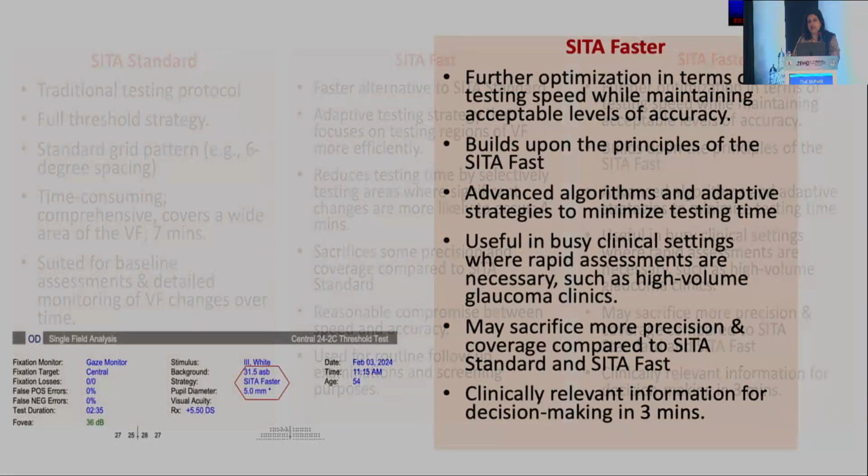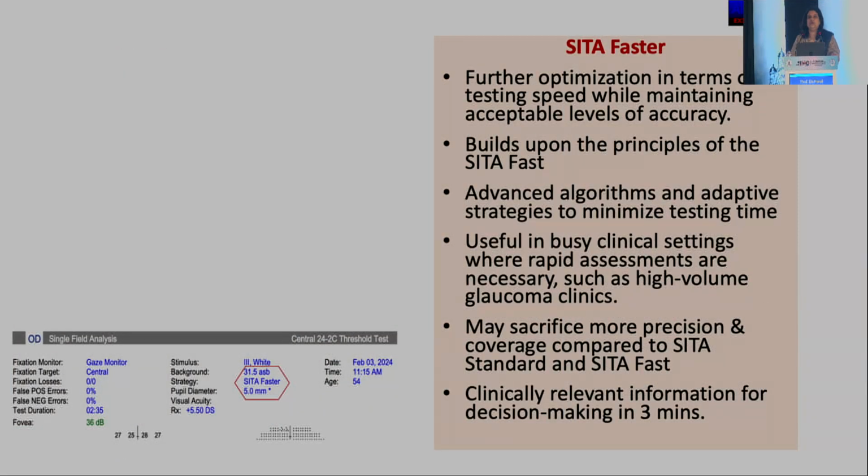Coming to the newer kid on the block, that is SITA Faster, which is available with HFA3, it further optimizes in terms of testing speed while maintaining an acceptable level of accuracy. It builds upon the principles of SITA Fast. The clinically relevant information you can get in 3 minutes, quite fast, but there is still a major group of